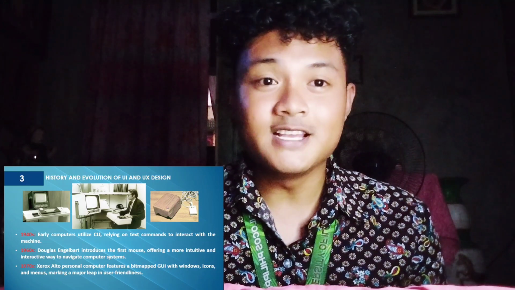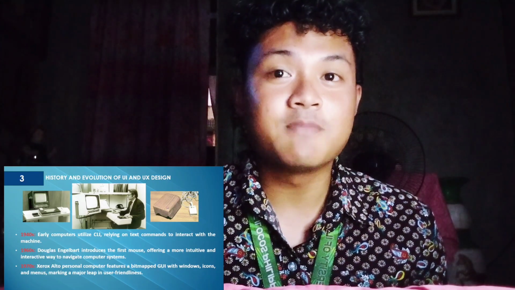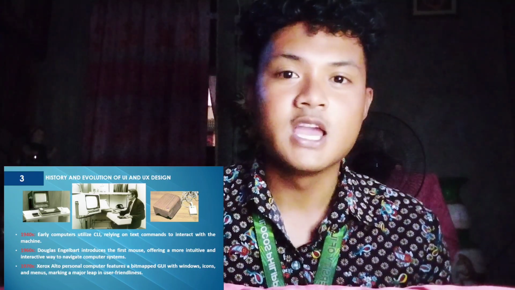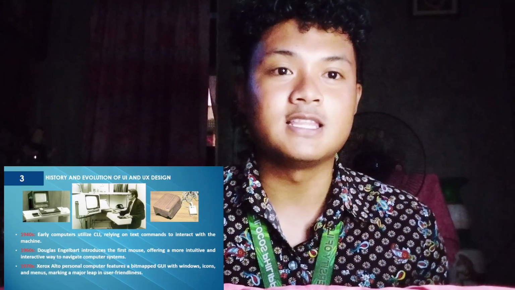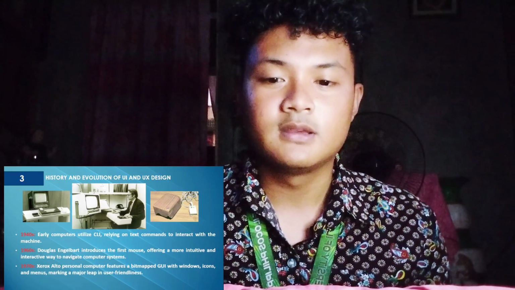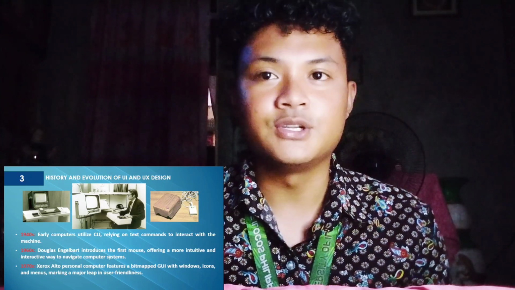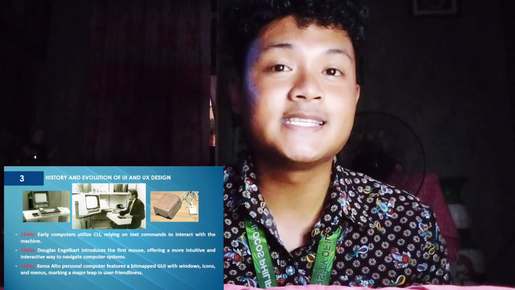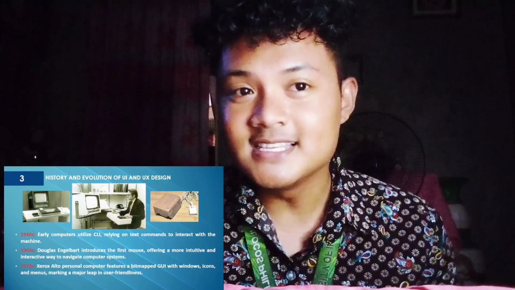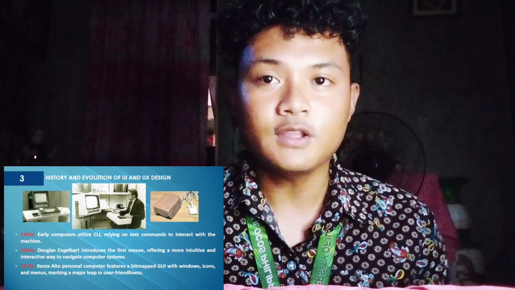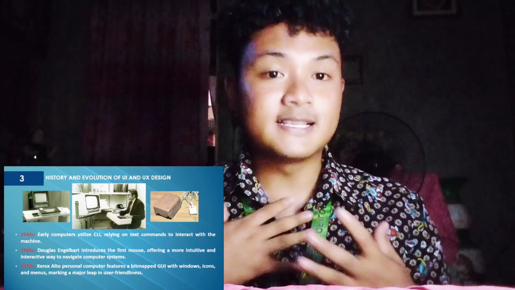So, in this modern era, hindi na bago sa atin yung word na advancements because of the help of technology. There are a lot of advancements na nakikita natin around us. So, we will dig into another history. In the 1940s, early computers utilized CLI. Ano ba yung CLI? It is a command line interface na ginagamit siya for interactions between a user and the